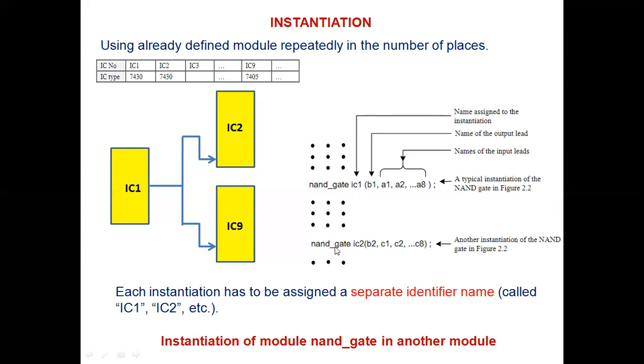Again, the same gate is instantiated here, but we have used a separate name, IC2. Each instantiation has to be assigned a separate identifier name. Did you understand? Okay, thank you.